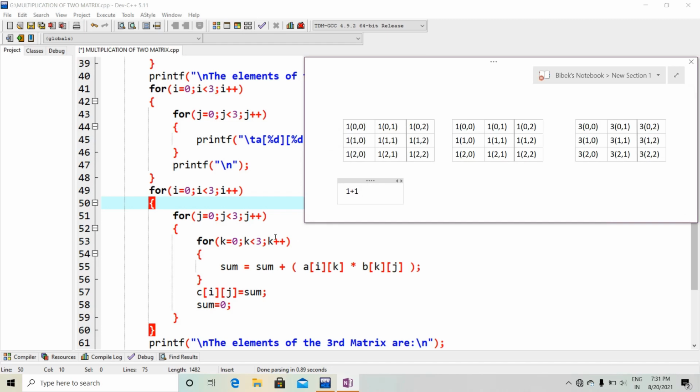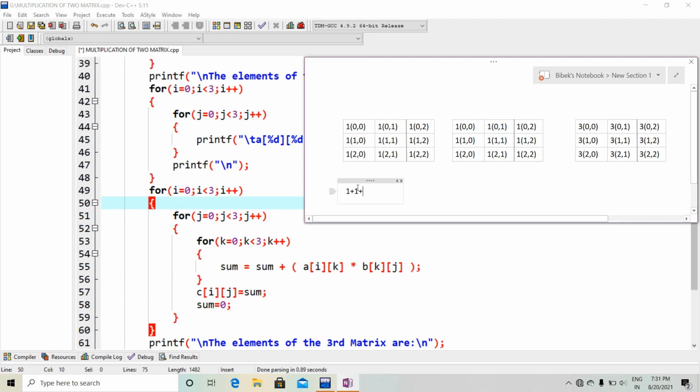Then i is 0, j is 0, but k will be 2, that is less than 3. When k will be 3, this will be out of the loop, and the sum will be stored here. So now check for k equal to 2, i equal to 0, j equal to 0. Now this will be added, so let me put the plus operator here.